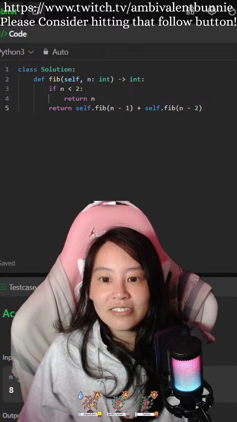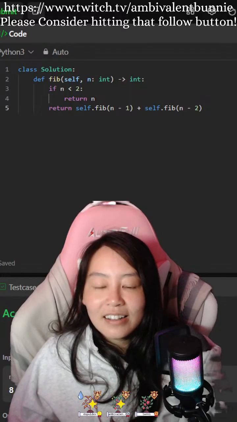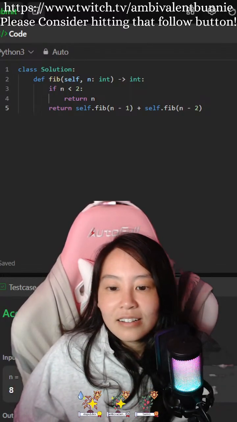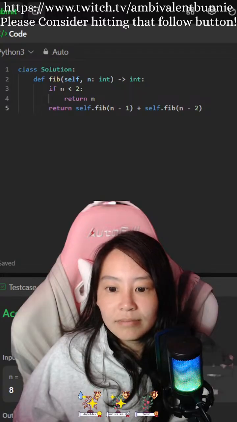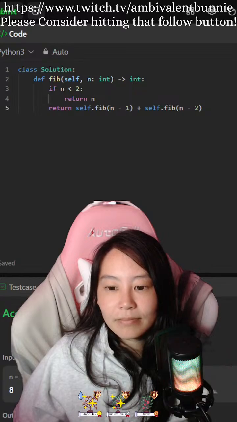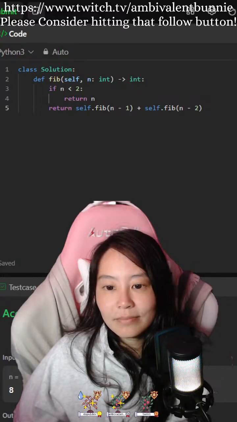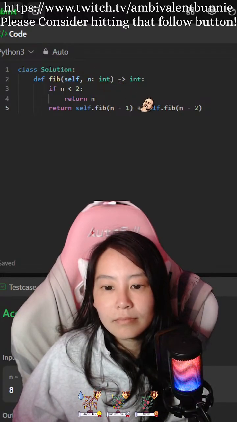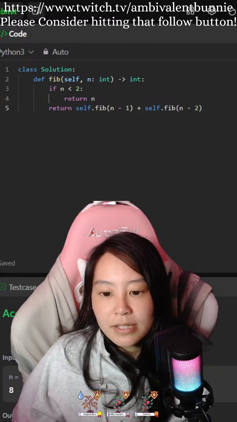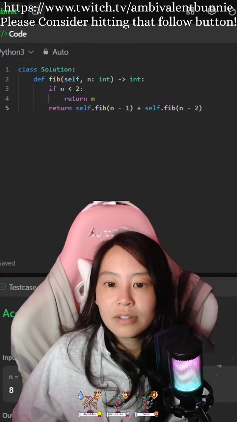This is the Fibonacci one, right? Okay. If base case, return.